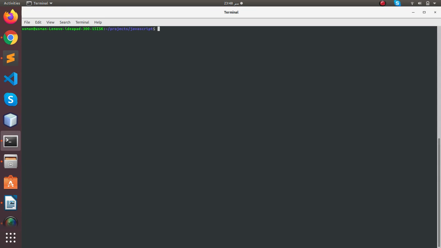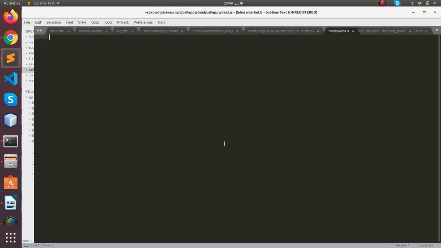First of all, let's create a project directory. Let's call it call, apply, bind. Go into that project directory and let's create a new file, call-apply-bind.js, and I'm using the Sublime IDE. Okay, let's jump into code, and first of all create an object,